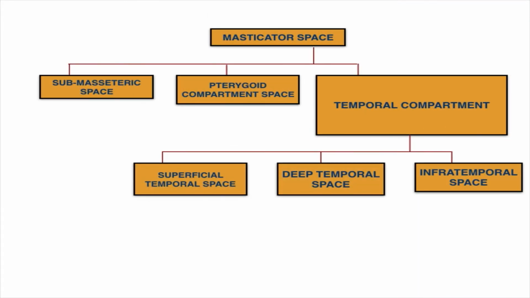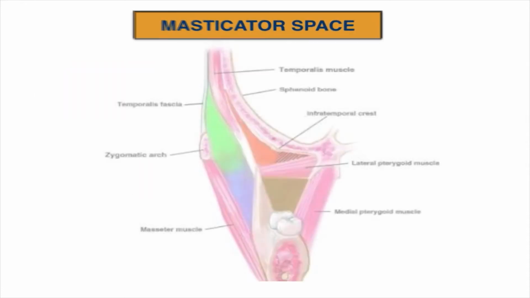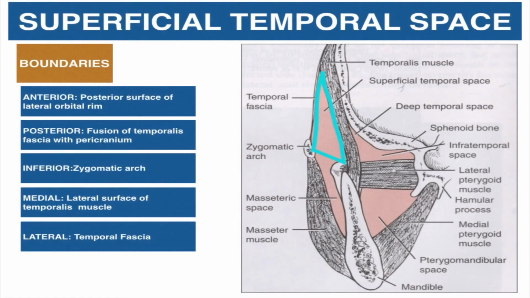The temporal component of masticator space comprises the superficial temporal space, deep temporal space and infratemporal space. The superficial temporal space basically involves the space between the temporalis muscle and the temporalis fascia. It is bounded medially by the lateral surface of the temporalis muscle and laterally by the temporalis fascia and inferiorly